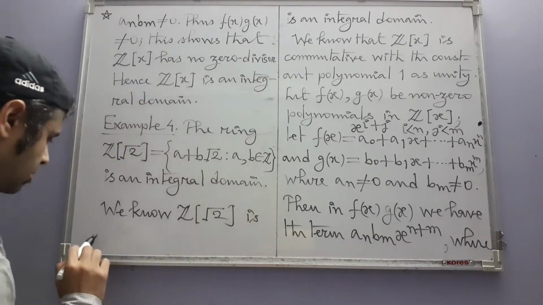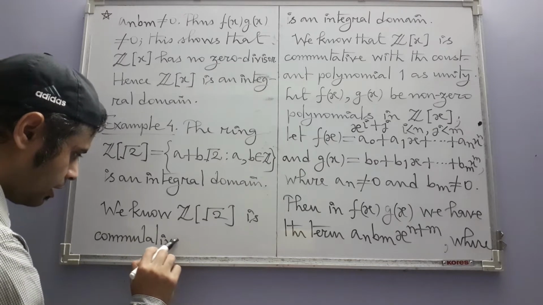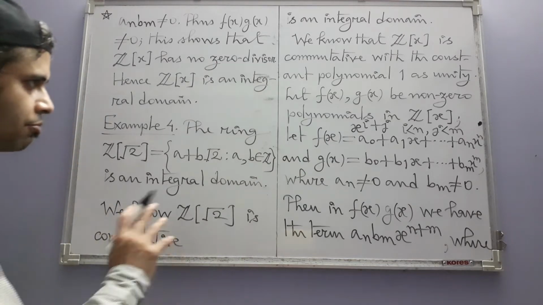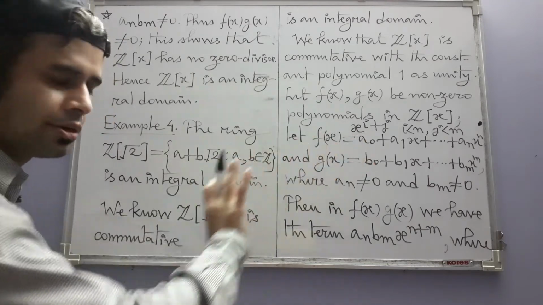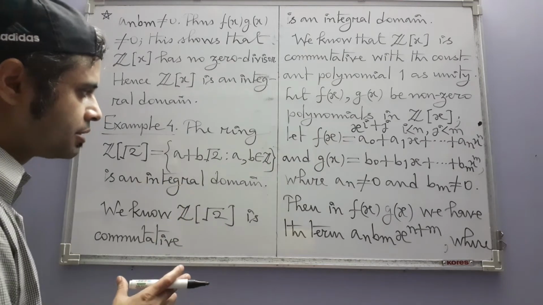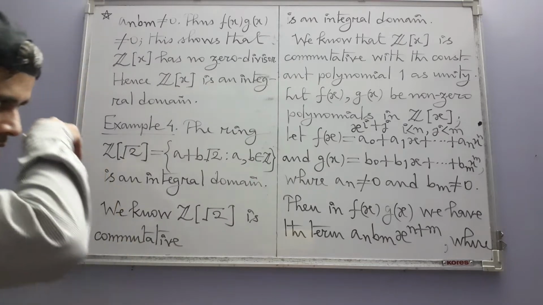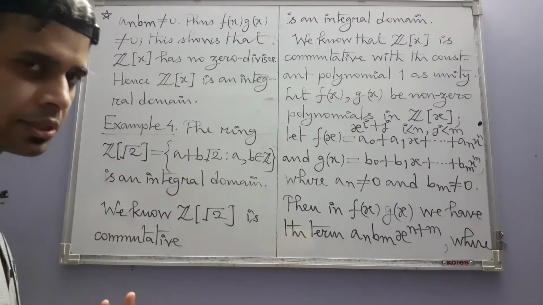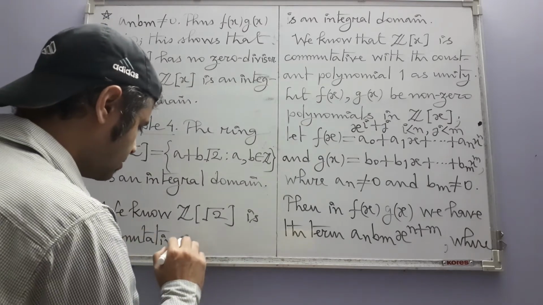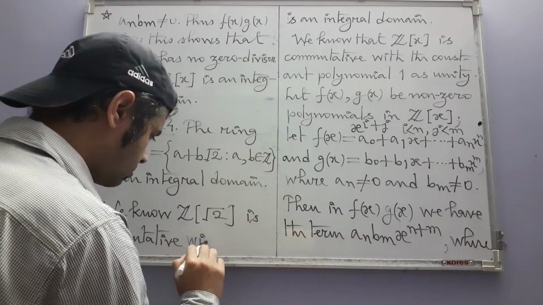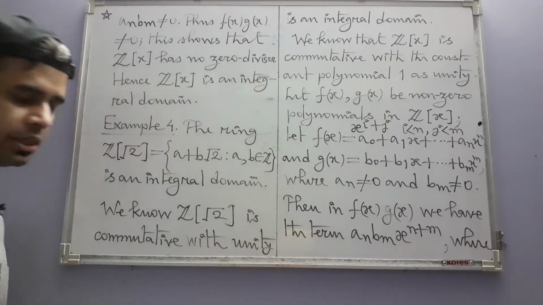this is commutative because the elements here, whatever we have considered so far, minus the polynomial ring, have all been ultimately complex numbers, and the addition and multiplication we are considering are those of complex numbers, and these operations are all commutative. So that is why this is commutative with unity